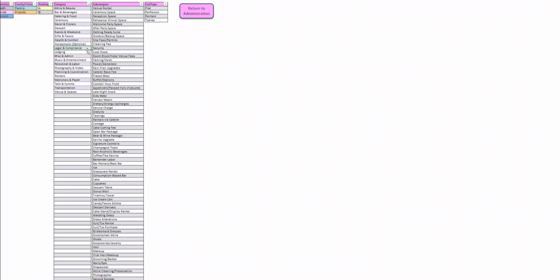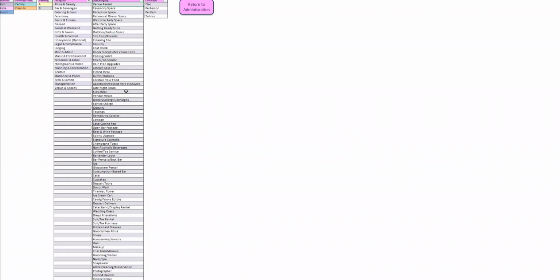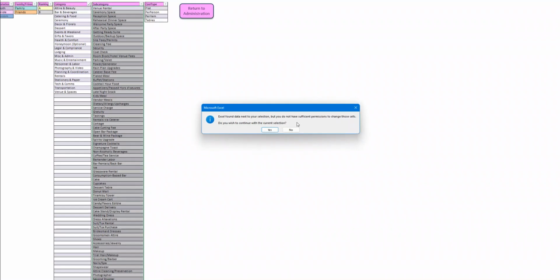If you need more categories and subcategories, you can add them here. Again, where you can't type is protected, so you don't have to worry about breaking anything. You just add your categories here, your subcategories here, and then actually I wanted this to be